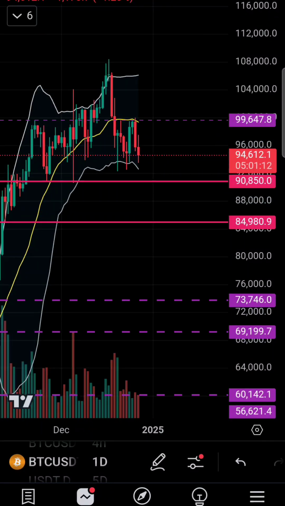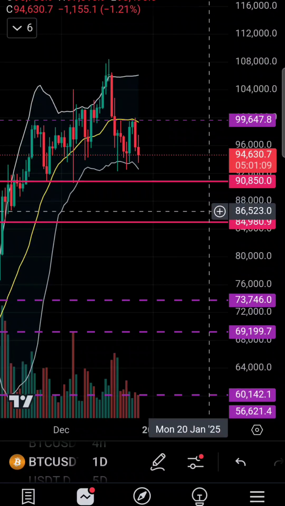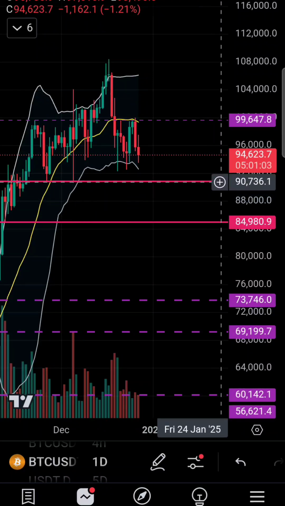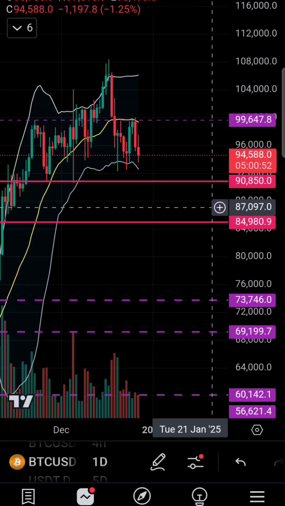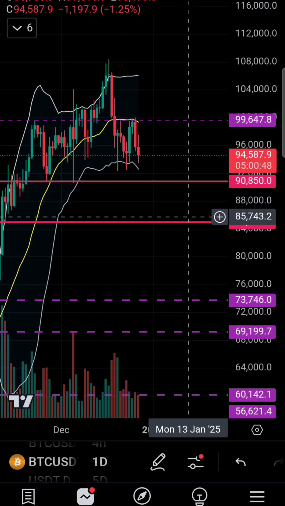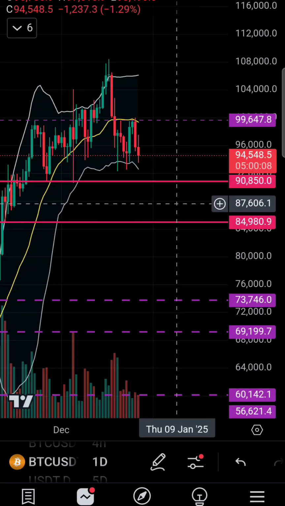So let's say I took 10% of my bag, dropped it at 88K, took another 10% and put it right here at 85K. Or let's say I did 20% and 20%. If price doesn't bounce from this area, I could just kill my trade. Or price bounces a little bit, 90K, and let's just say 84K. So what my average would be, I'd be at, let's say, 86K. If I dropped at these 2 points, my average would be about 86K, maybe 87, something like that.